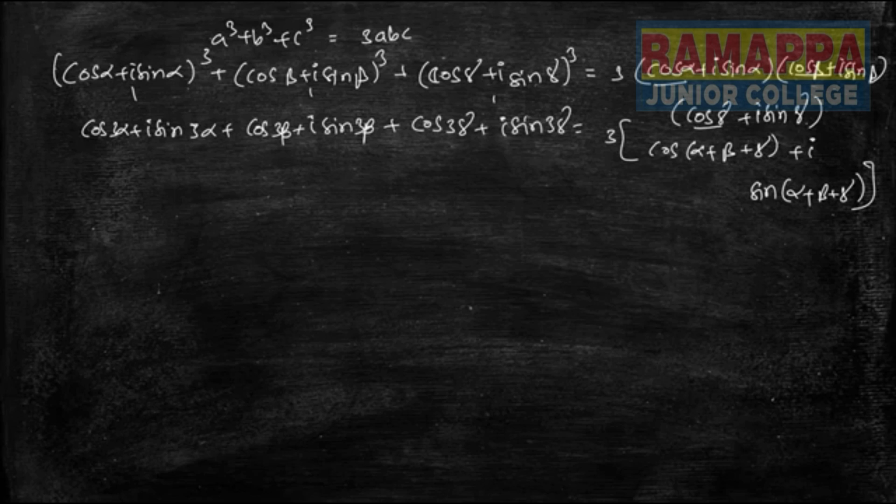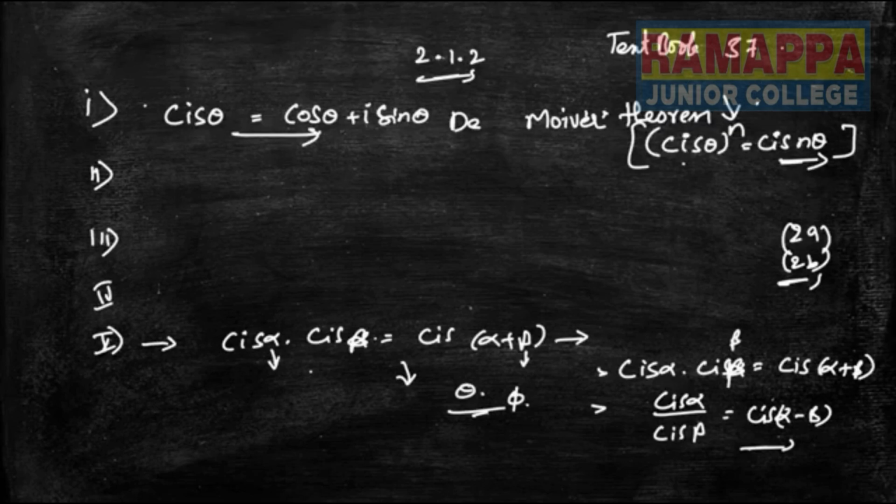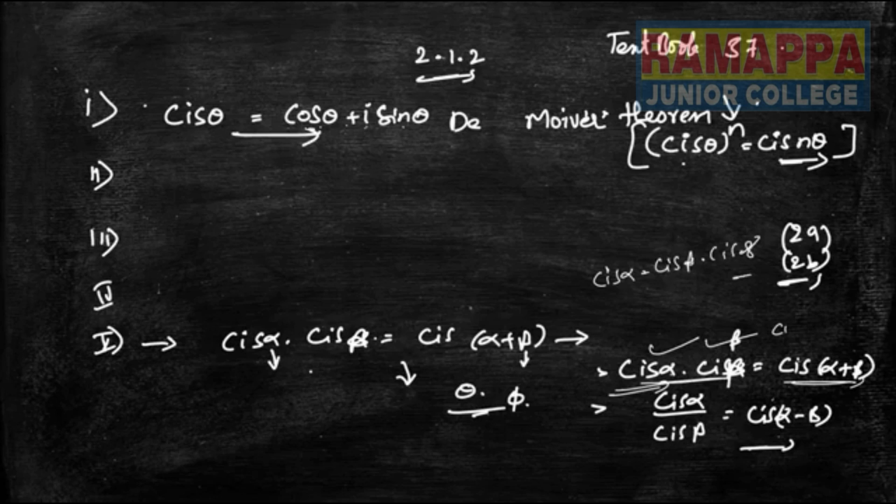Like this, we can write it as I told you already, the formula. Like this, cis alpha into cis beta. So cis means cos theta plus i sin theta, cis is equal to that. So if we multiply these two things, we get alpha plus beta. Like if we multiply another thing also, cis alpha into cis beta into cis gamma, if we multiply these, we'll get another thing here, gamma. So like that I did here.